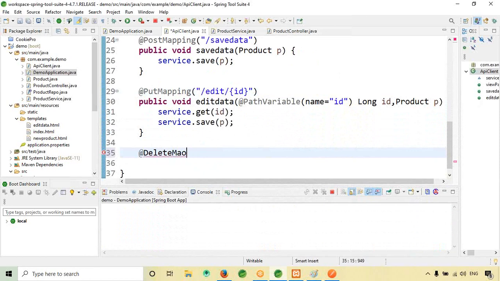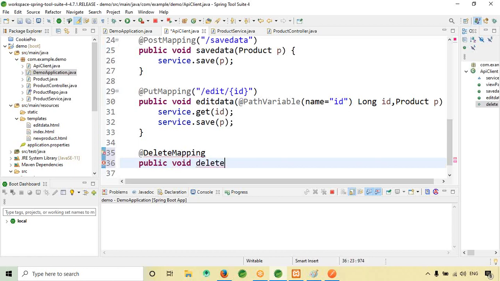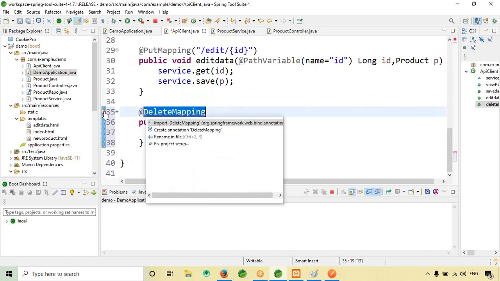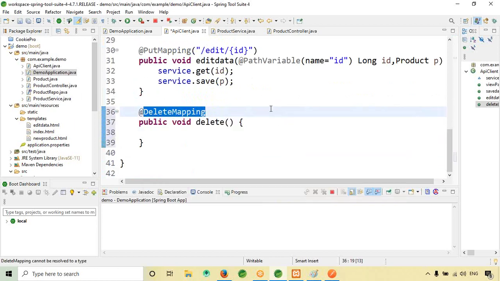Mapping, public void delete. Okay, so this is delete mapping.